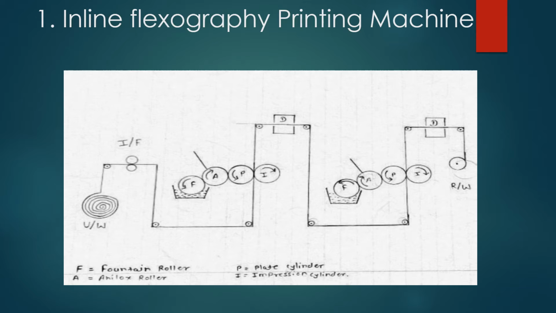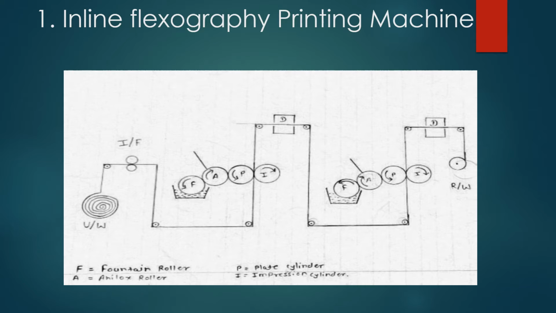The anilox roller is the ink metering roller, over which cells are created by mechanical engraving process, electromechanical engraving process, or laser engraving process. Over the anilox, a doctor blade is there